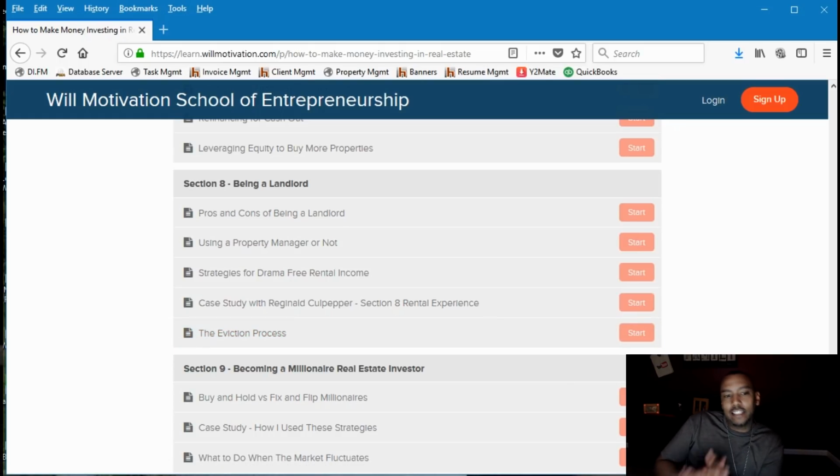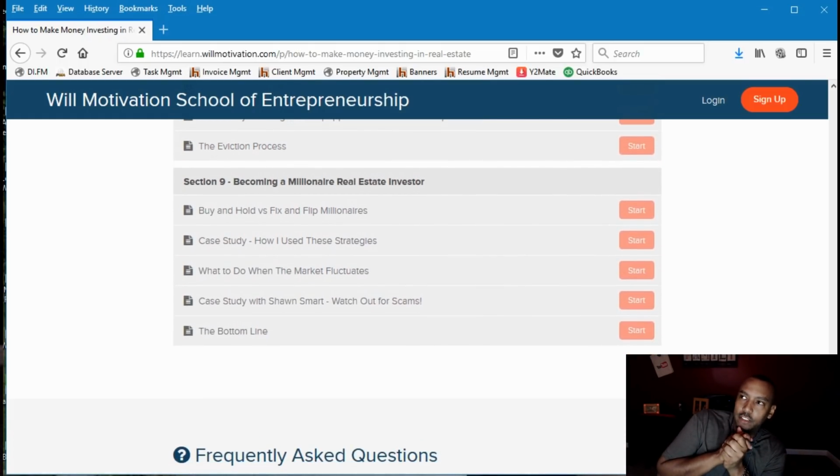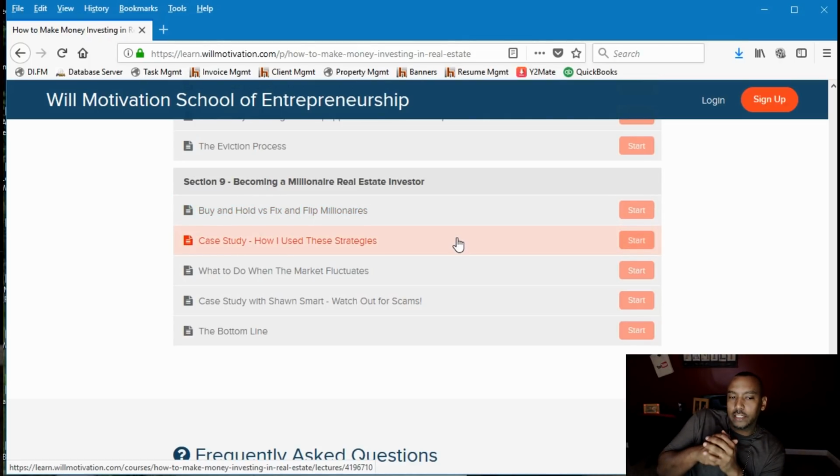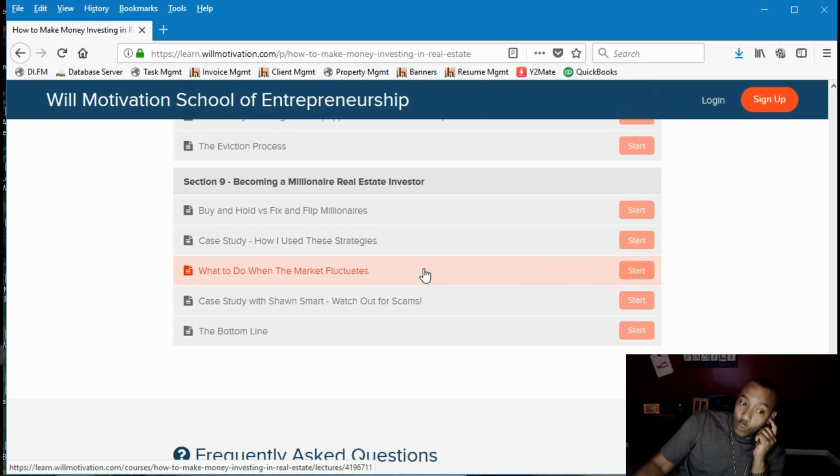Then section 9 is becoming a millionaire real estate investor, just basically putting everything together, talking about the buy and hold scenario for becoming a millionaire versus the fix and flip scenario for becoming a millionaire. Also, I'll do a case study on myself and how I use these strategies to become a millionaire real estate investor. Also, what to do when the market fluctuates, and then a case study with one of my friends, Sean